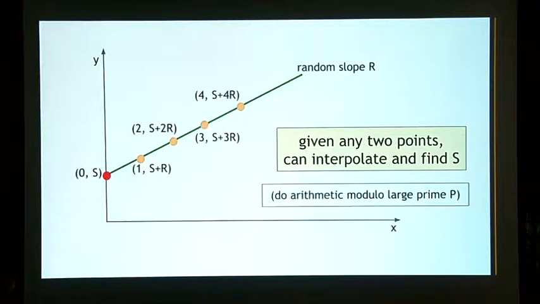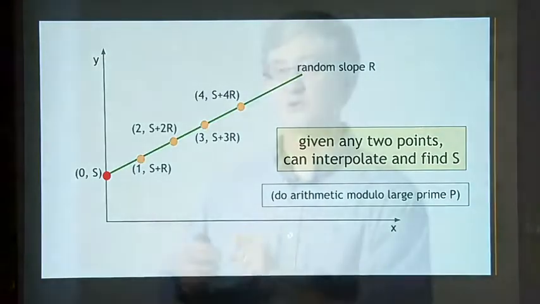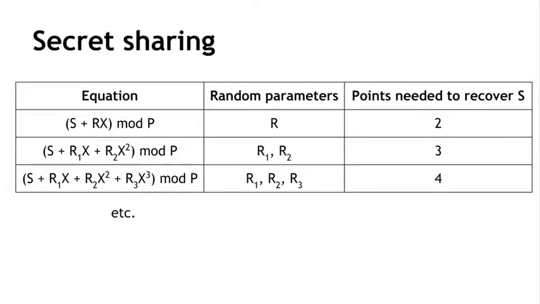Well, for 2 points we drew a line because any 2 points are sufficient to uniquely specify a line. If we want to require 3 points, what we're going to do is use a quadratic function because any 3 points are sufficient to reconstruct a quadratic function. And so we can use this table to understand what's going on. So if we use the equation s plus rx mod p with the random parameter r, that's the slope that we saw in the previous slide, then you need 2 points